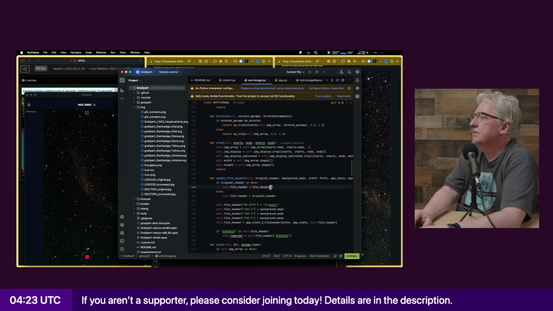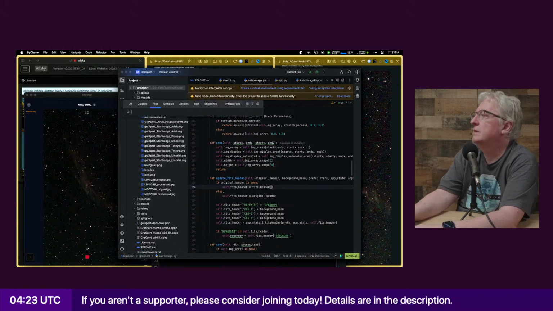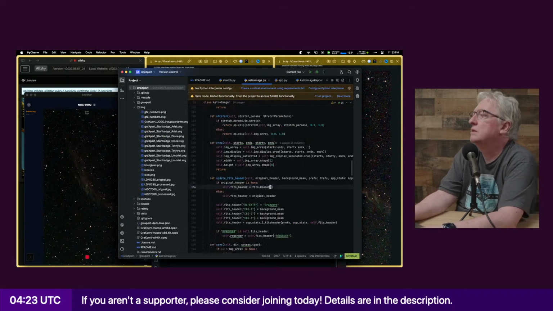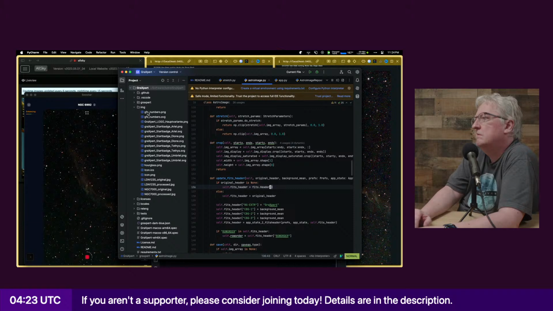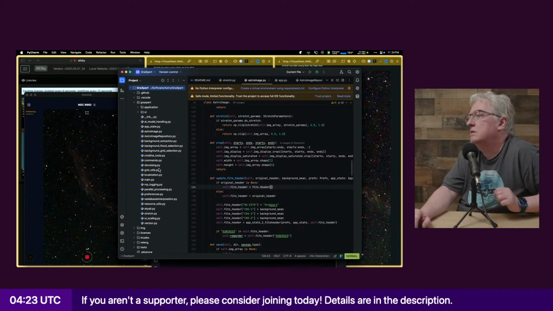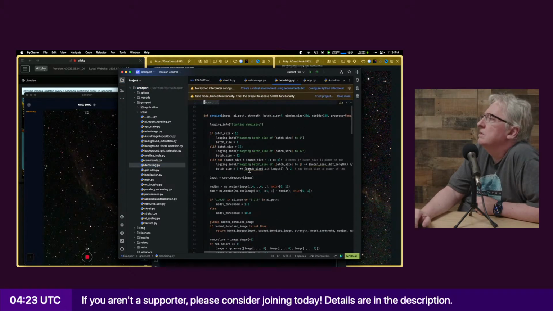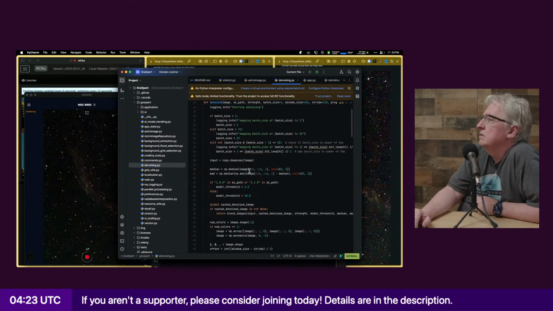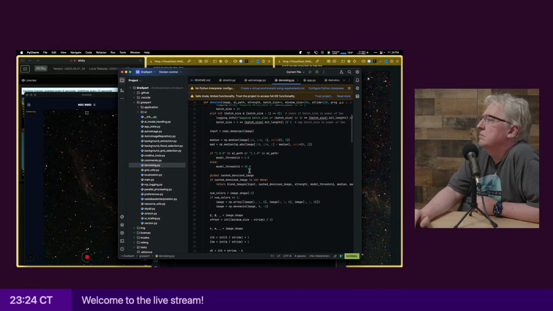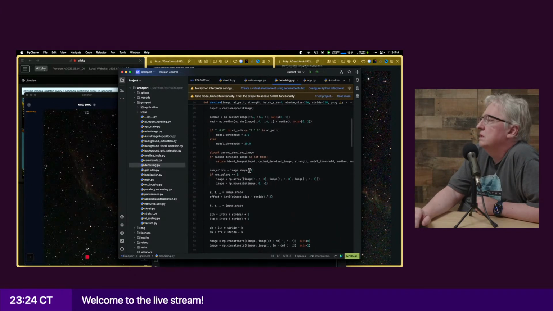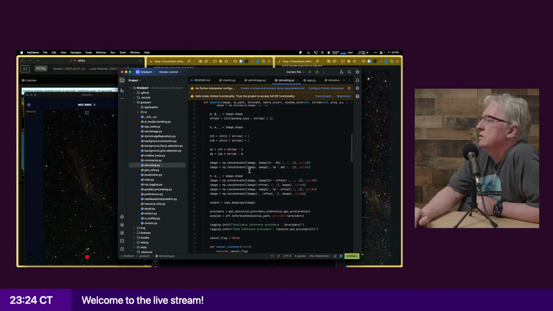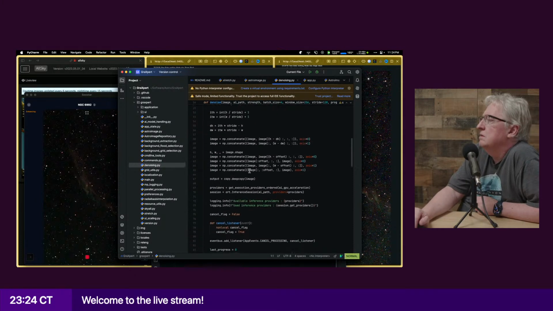Actually, that was what I was going to look for, the gradient. Where is the gradient? Let's see. Here's the denoise. Oh, okay, no, here's the AI.